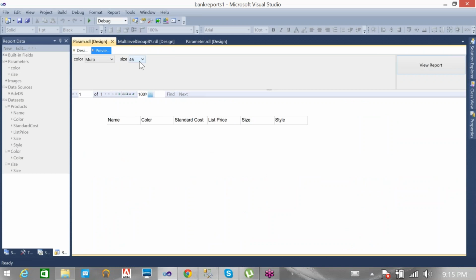Means the second parameter value should know the first parameter selection. I cannot display all sizes, because I need to display only the sizes which belong to that color. Similarly, like an inner join.